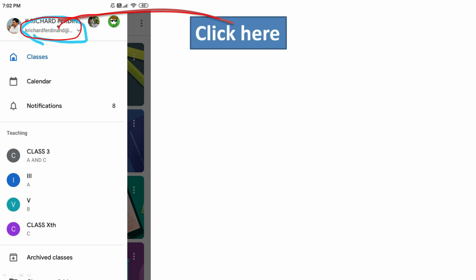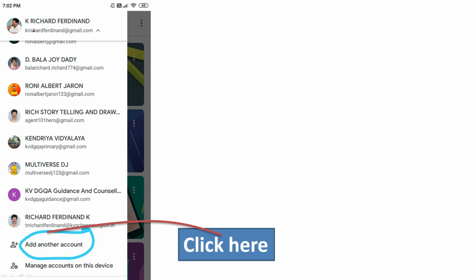Maybe your father's or mother's account may be there. Now you are going to use your own account. So once you click it, your father's account may be at the top. At the bottom you can see an option called add another account.